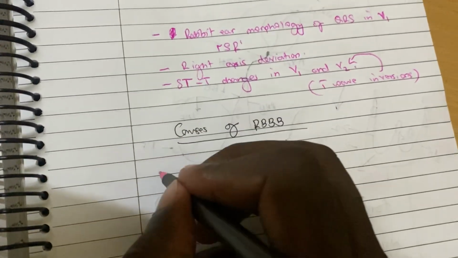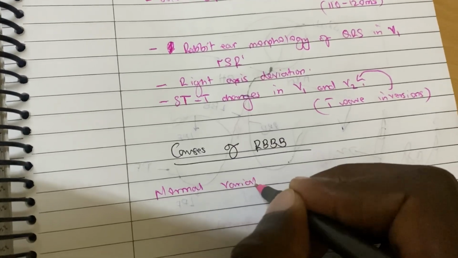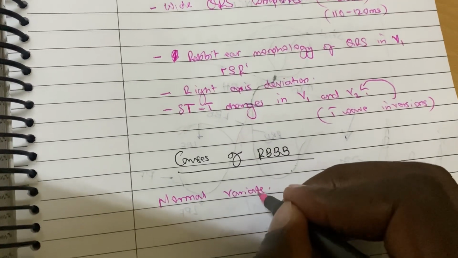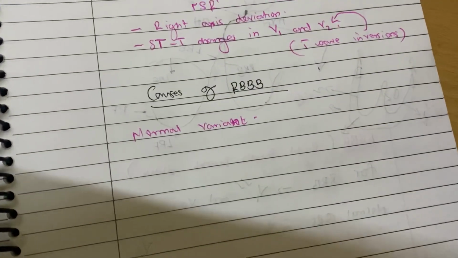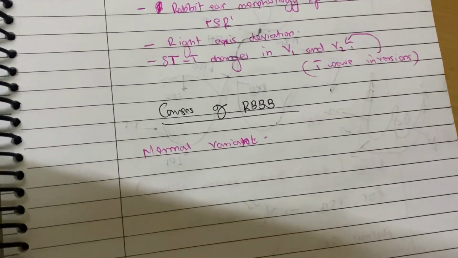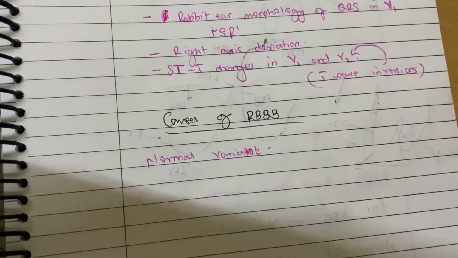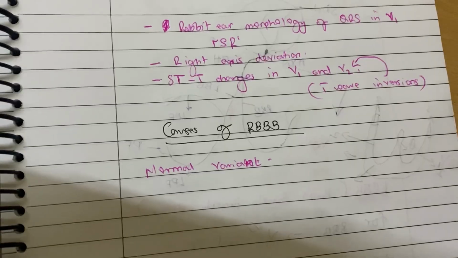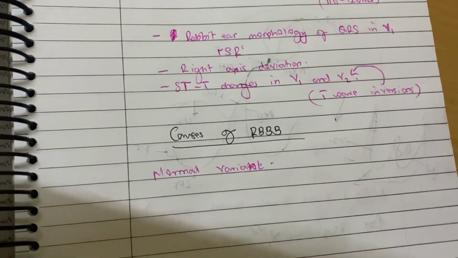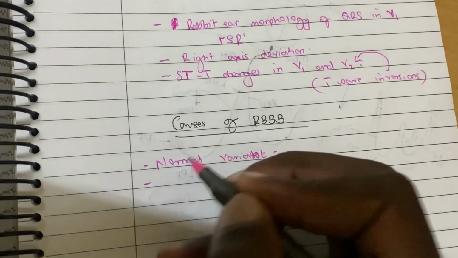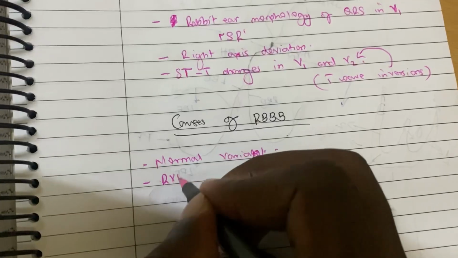Causes can be normal variant. Some people can have RSR prime in V1, not because they have right bundle branch block, but it is normal, nothing wrong with it. So right bundle branch block is not always pathologic, but where it is pathologic, it can come from right ventricular